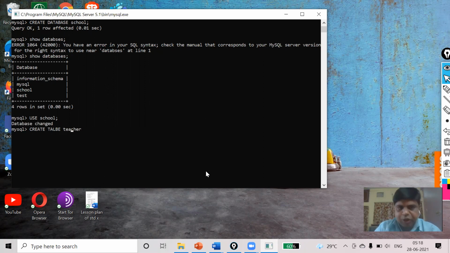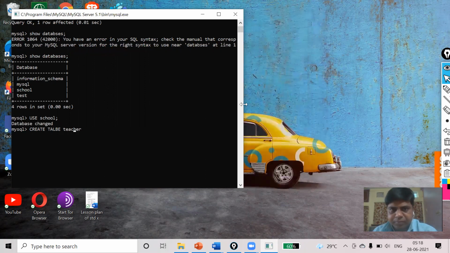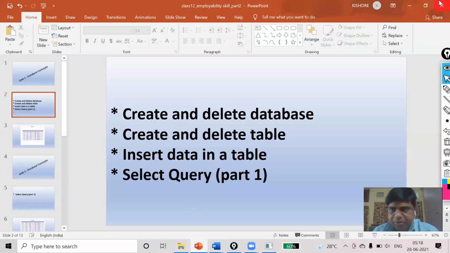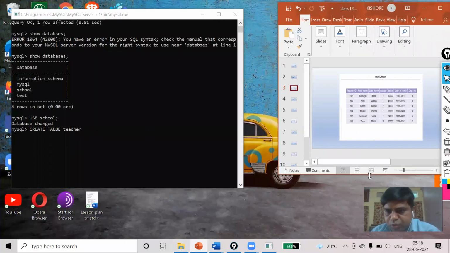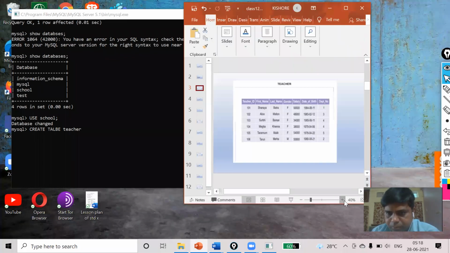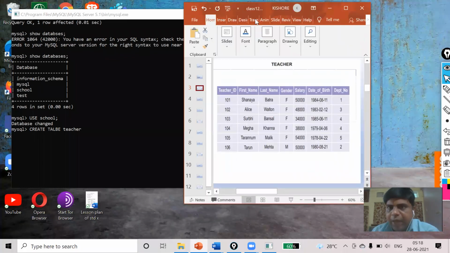This is the name of the table. Now let me show you. This is my table, and this table I have to create, which is showing at the right side.